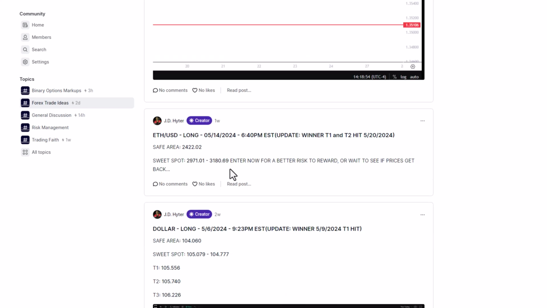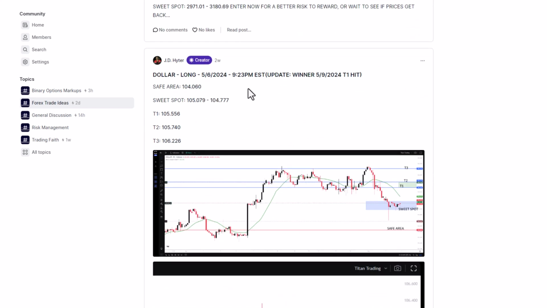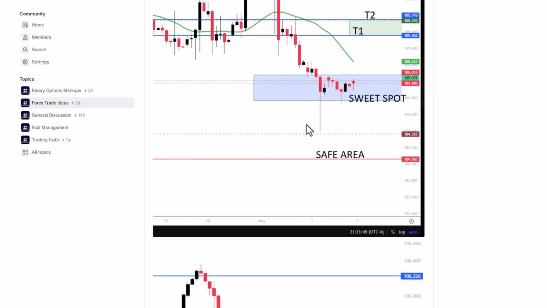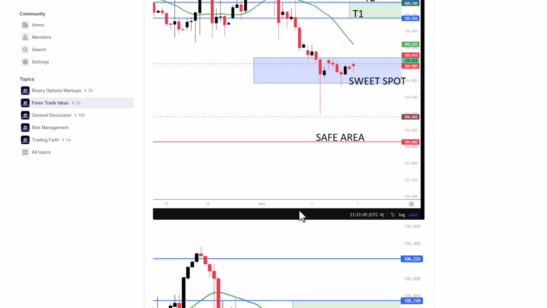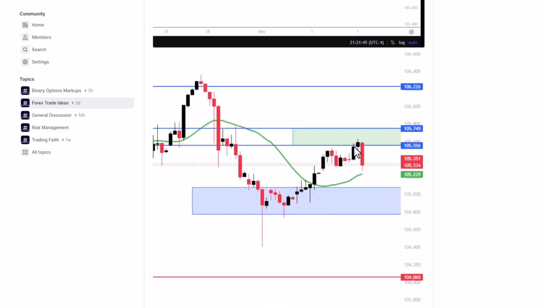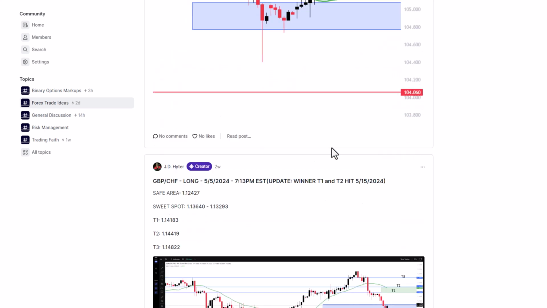Here's a dollar CAD setup. We went long on the 6th. It won on the 9th. So here was the setup. We were in the sweet spot. We had our targets. And boom, got to target one. All right. And so here's the thing also,